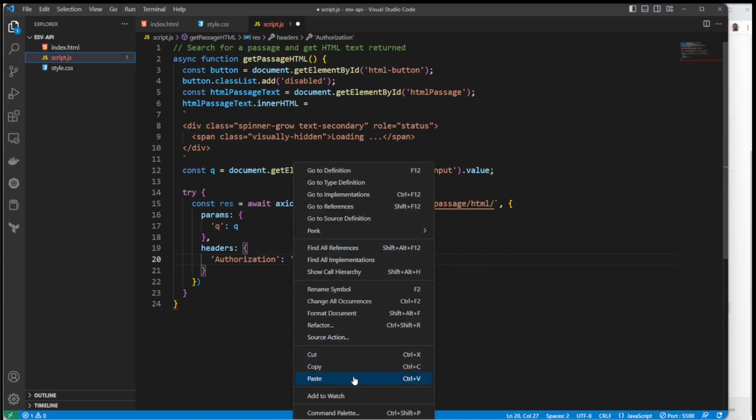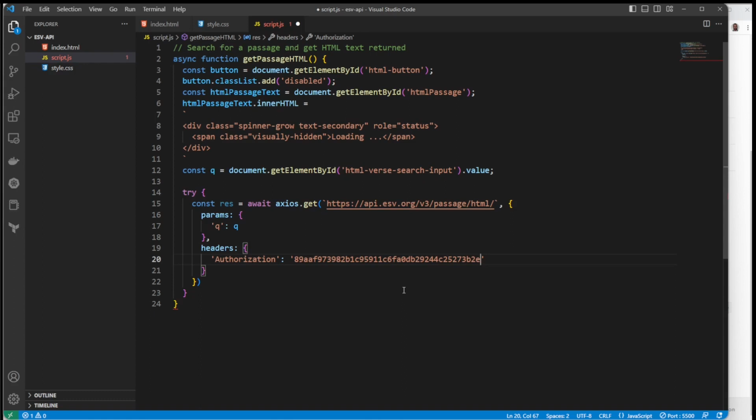This is going to be deleted. Right before I publish the video, I'm going to delete this key and create a new one, but I'm leaving it in here so everybody can watch how I do this. So we're going to send this authorization key,